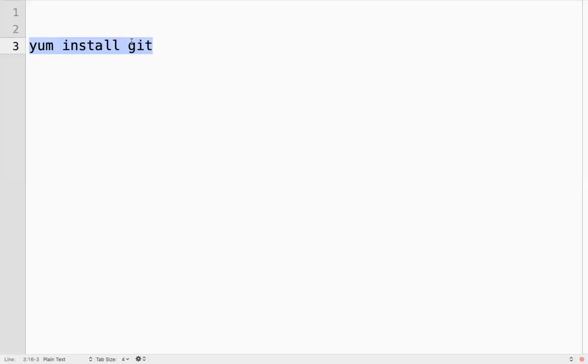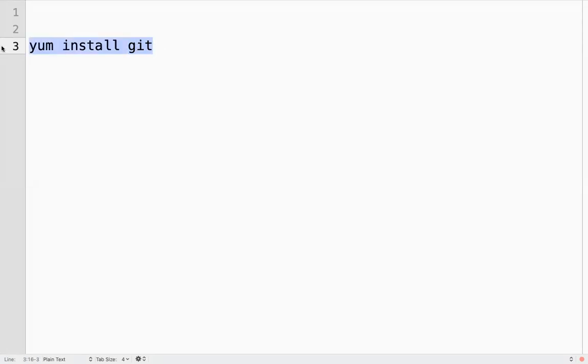In the background, it will perform a lot of things. We are just executing one command, but what is happening in the background? Yum will contact the package repository where all the packages, RPM files, are maintained. The RPM file will have some instructions to install that software.